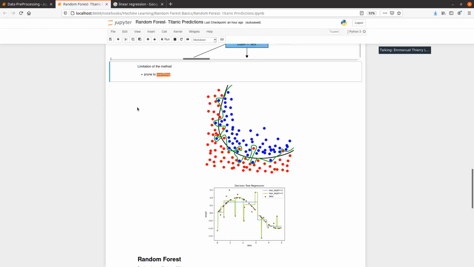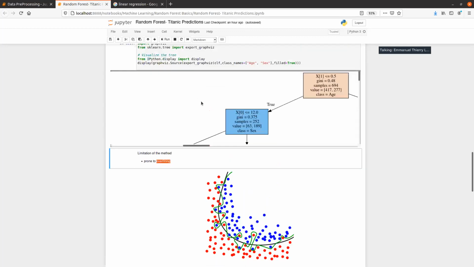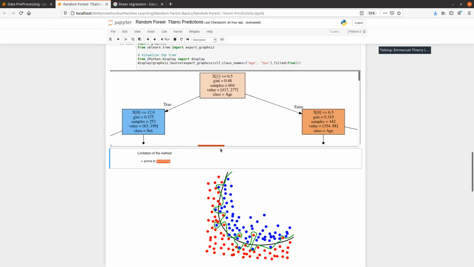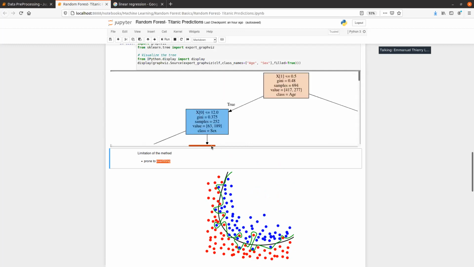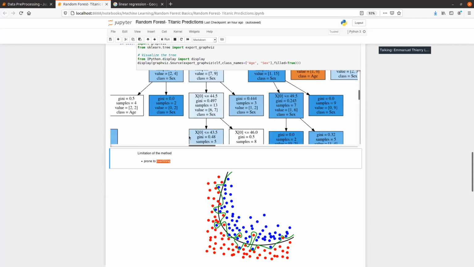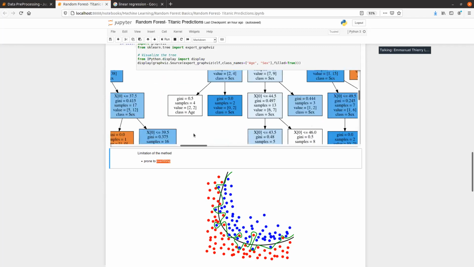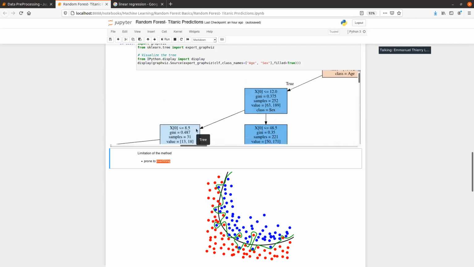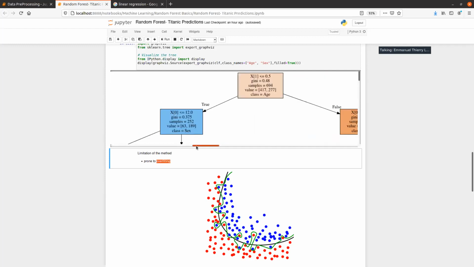So that's a limitation of decision trees overall. They are usually prone to overfitting. There are mechanisms to limit that overfitting, such as providing a limited number of leaves in the actual tree, or limiting the number of splits that happen. But even with that, decision trees are prone to overfitting.